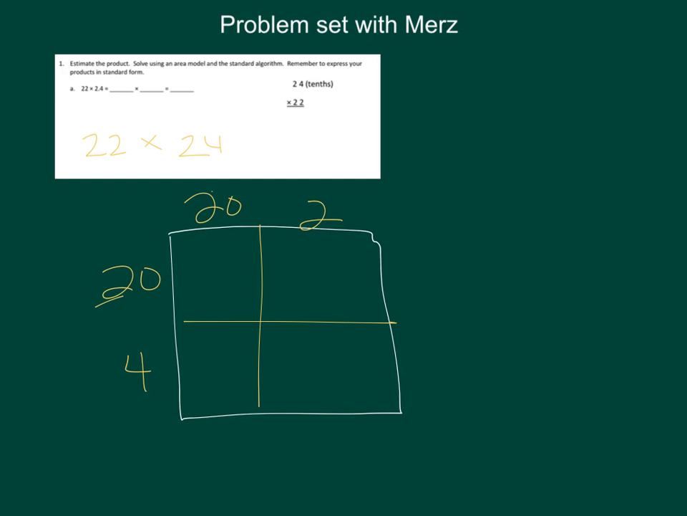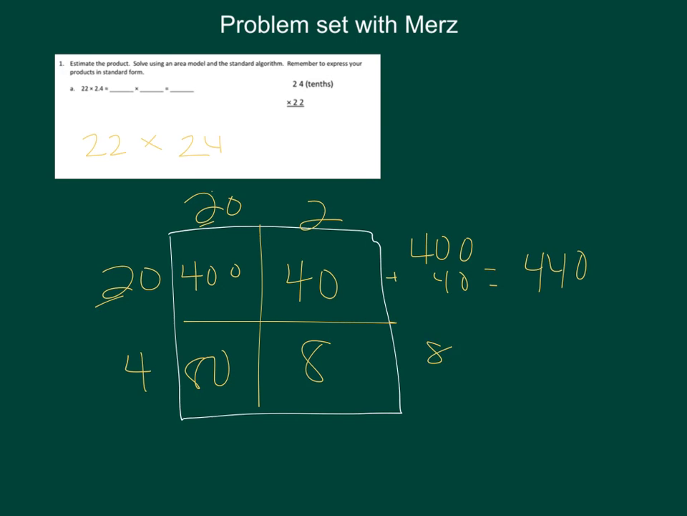We know that 20 times 20 is 4 with 2 zeros. 20 times 4 is 8 with 1 zero. 2 times 20 is 4 with 1 zero. 2 times 4 is 8. You can solve using your partial products. 400 plus 40 is 440. And 80 plus 8 is 88. And when you add those two together, 8, 9, 10, 11, 12,